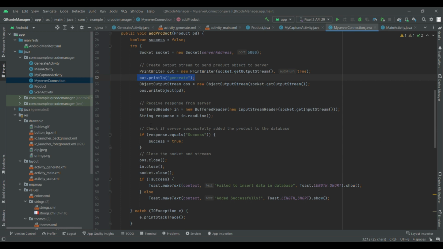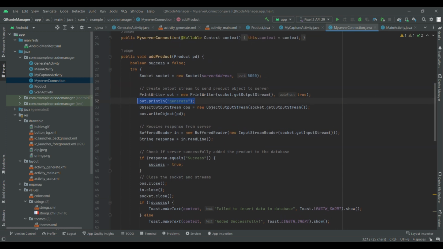Here, same, we just use the buffered reader. We retrieve a response from the server. Here we are actually waiting for the server. If it returns a success message, then we are okay. Success is false here, so success equals to